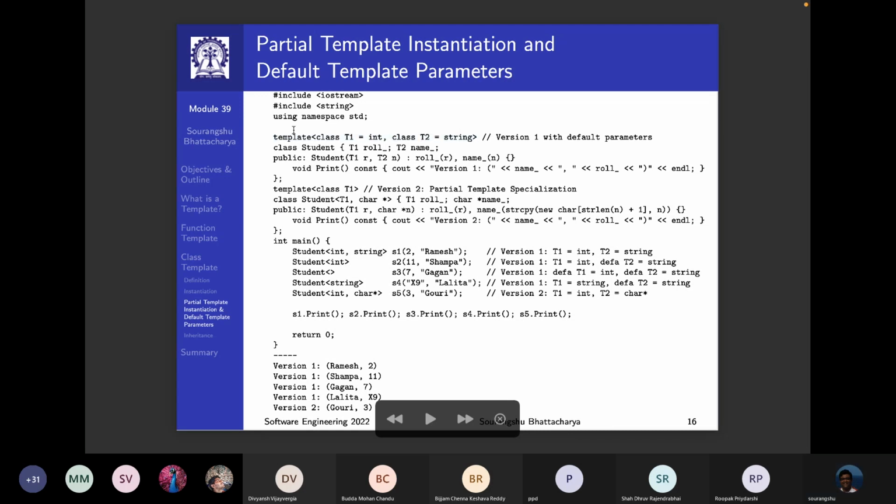By default, T1 is int and T2 is string unless you provide something else. Now, what you can also do is this. So this is with default parameters, so default type parameters. Now, here in the second version, version 2,